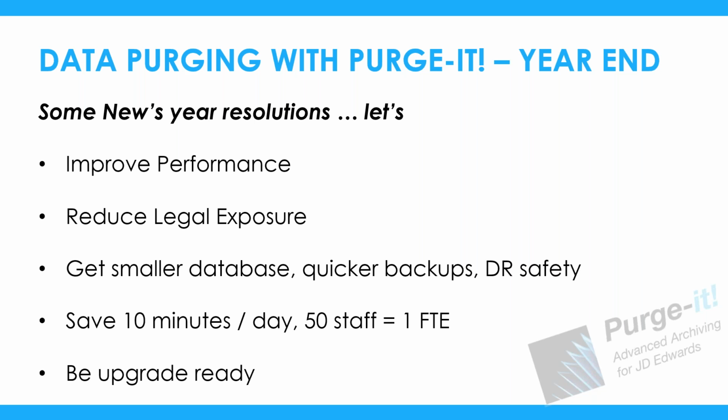And even at the low end, when you throw in all of the fully loaded benefits and everything, you're probably looking at $30,000, $35,000 for that. We also use resolution, be ready for your next upgrade. Oracle recommends you clear out your data beforehand, and a consistent message we have had when we surveyed customers of Purgit